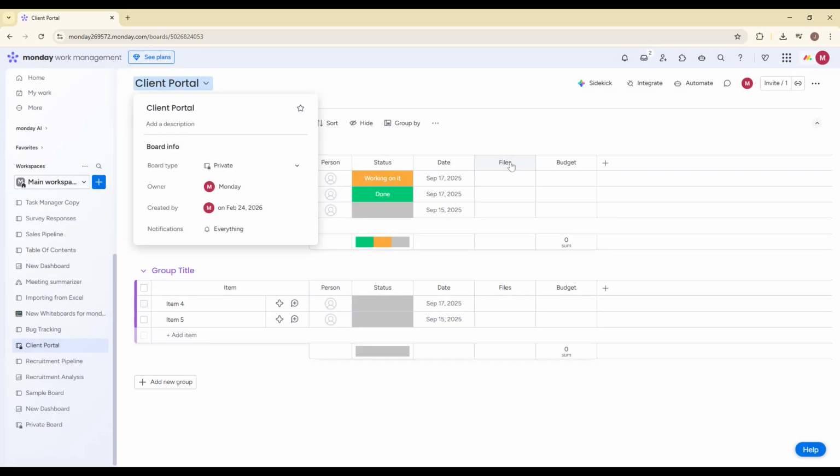Confirm your selection. As soon as you switch the board type to private, the board will only be accessible to people you explicitly invite. Anyone who was not added as a subscriber will no longer be able to view or interact with it. This is especially useful for leadership discussions, financial tracking, HR workflows, or client-specific planning that shouldn't be